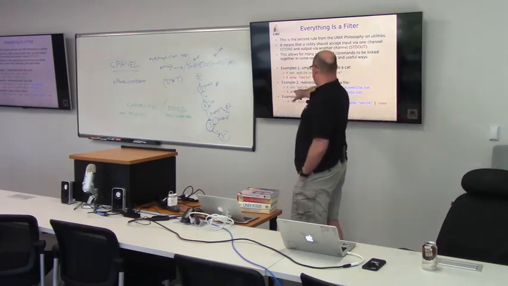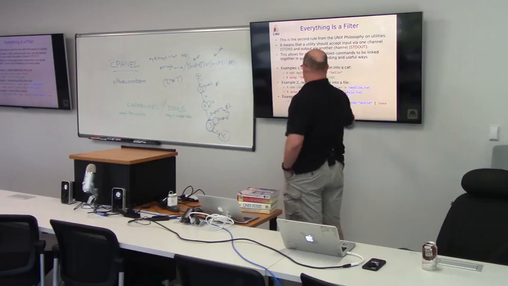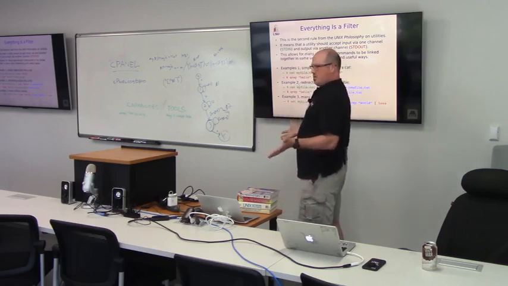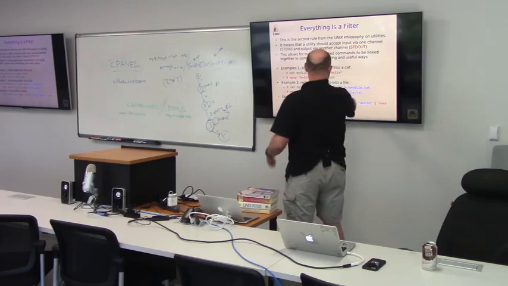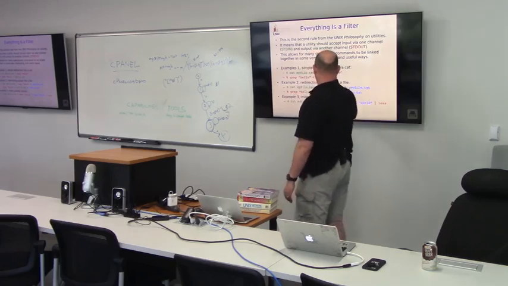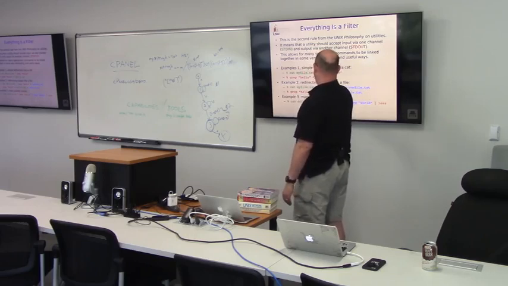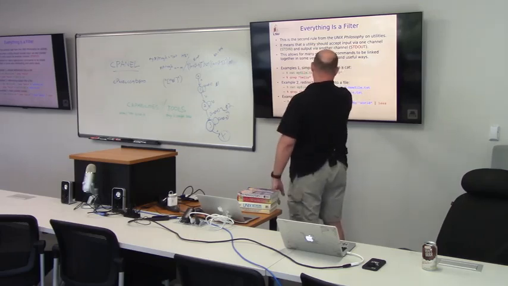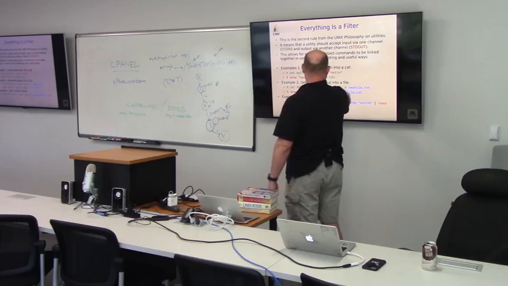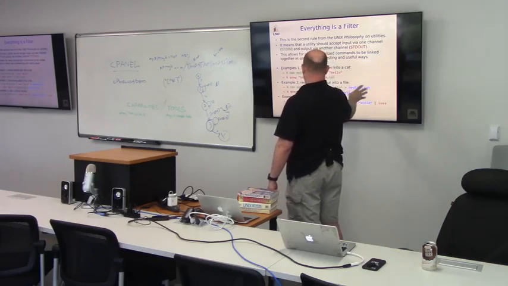You can also have multiple redirects. So in this example here, you're dumping the contents of myfile.txt into grep, and in grep, rather than dumping its results to the screen, which is called standard out, it is redirecting all of whatever is in standard out to new file.txt. So if you want to take all lines in myfile.txt that have the string hello, and then put them in a new file, this is how you would do it. So this greater than is output redirect.